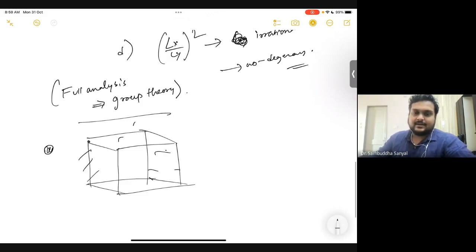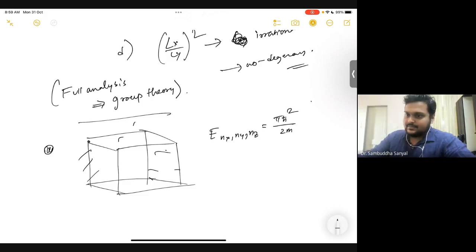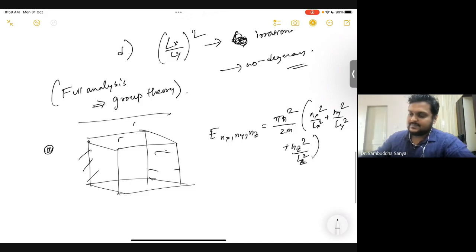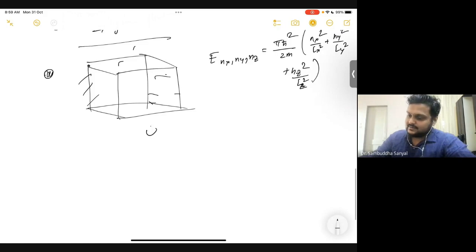Then you can easily extend these ideas, and you can get the energy levels to be h bar squared by 2m, and the wave function will be